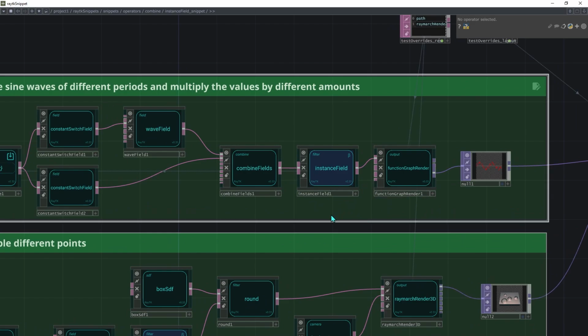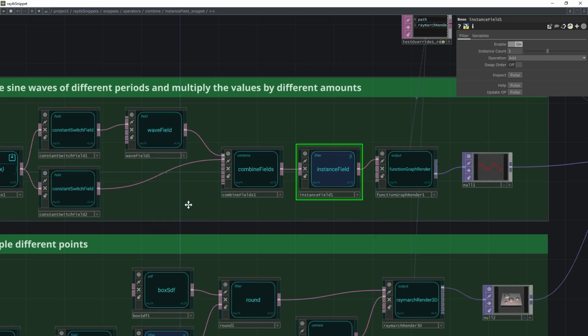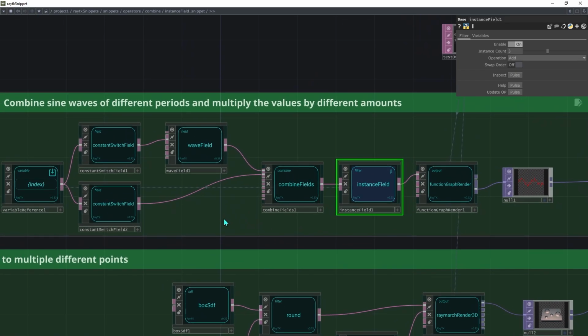So for instanceField, we're combining field values instead of SDFs. So we have a few different modes for how to combine them, like adding, subtracting, multiplying, and so on. And similar to with the instance operator,